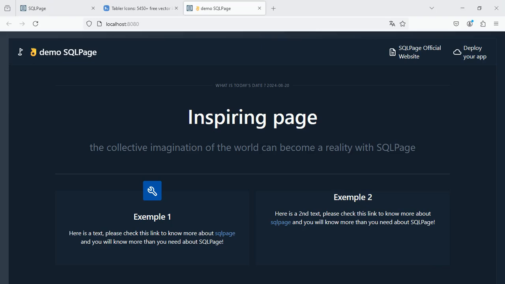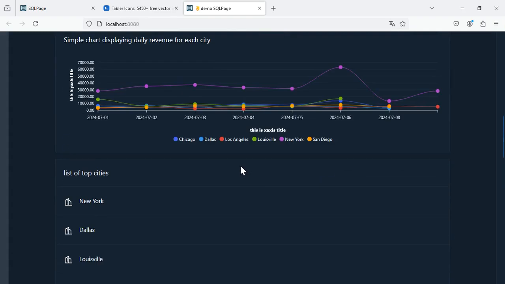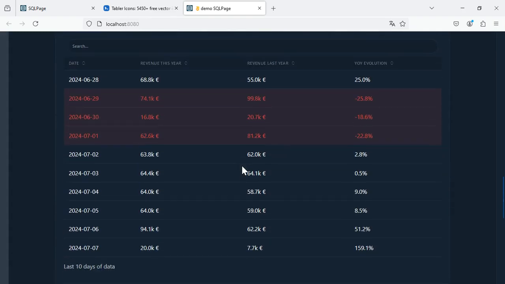In this video, we will enhance our app by customizing components and the overall display for a better user experience. We will add a dark template using the shell component, then use new components to improve the overall flow of the app. And we will also create a nice looking table displaying year-on-year revenue evolution.